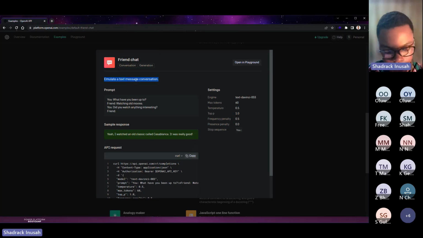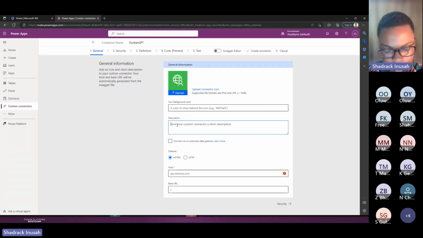Let me copy this description and paste it here. Awesome. Leave it on HTTPS. Then come here and type api.openai.com.